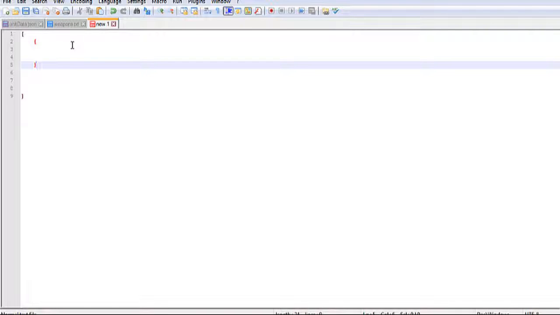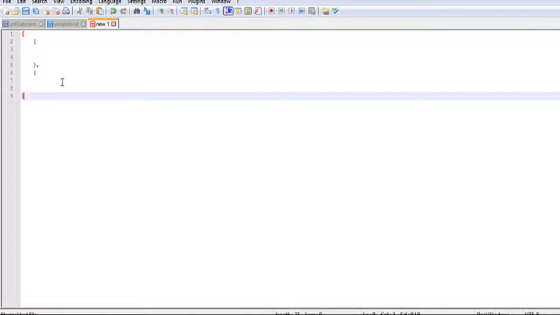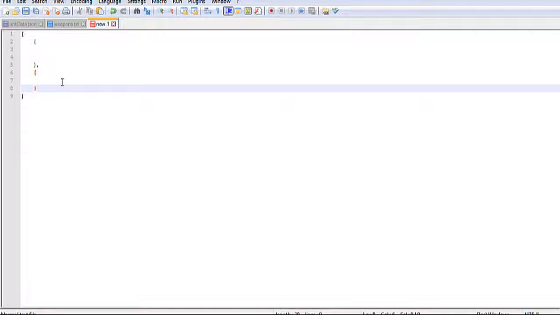And now you declare these just between these squiggly brackets right here. And then to delimit between them, you use a comma. So if you want to do that, you need to create another one. Now, an important thing to note: at the end of the last object, or the last field within your object